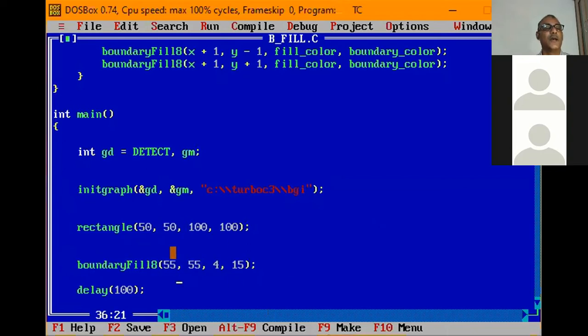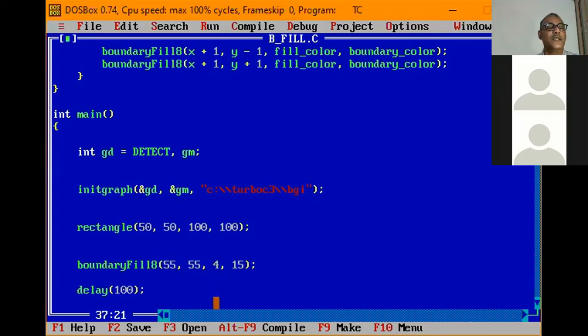So I am calling with 55, 55, and what is this 4? This is the fill color. 15 is the boundary color. Boundary color 15 means white actually. 4 means red, right? So I have to fill with a red color. Boundary is 15, white, and the internal point is the seed point 55, 55.